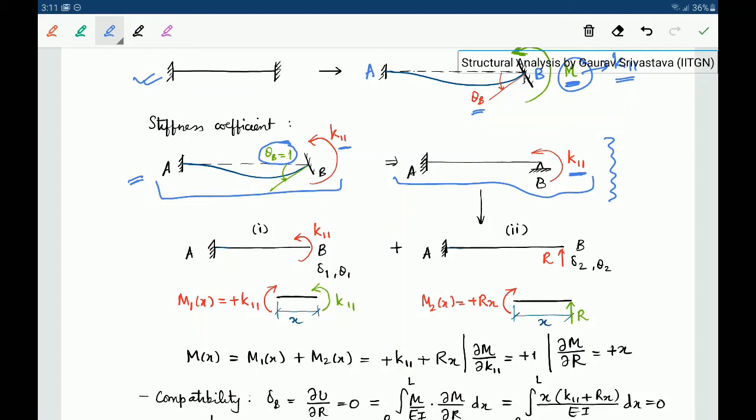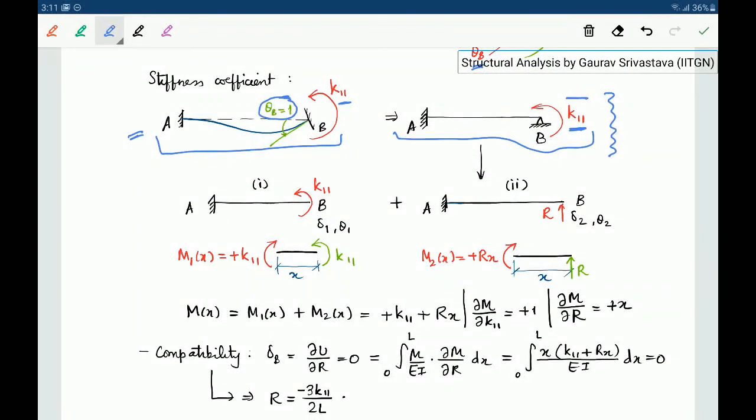In reality, later on we will see that all of these stiffness coefficients can be pre-calculated and kept, and they can be used in many different situations. Only because we have not yet derived all of these stiffness coefficients do we see how it is done here, but later, once all the stiffness coefficients are known, things become extremely simple with the displacement based methods.